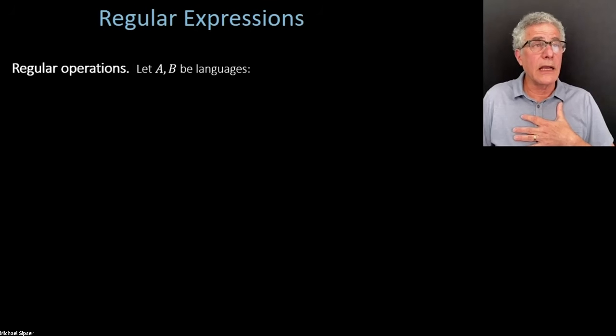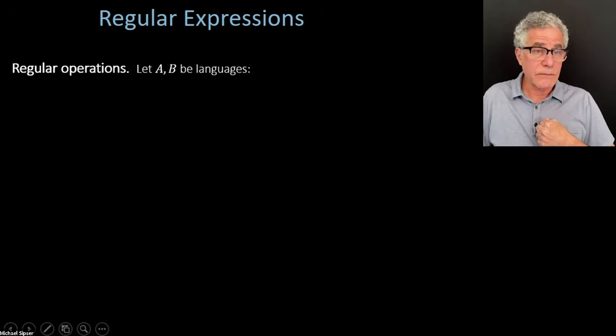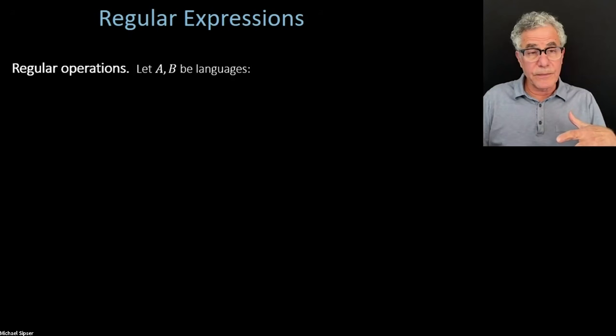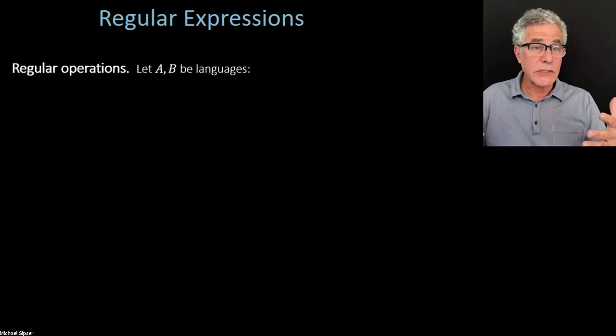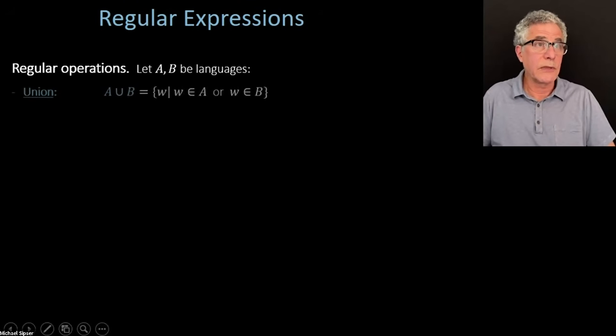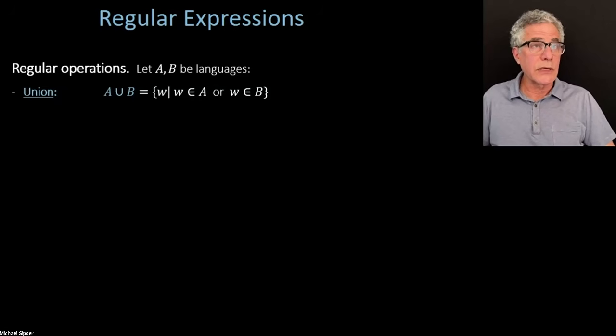We're going to introduce something called the regular operations. Now, I'm sure you're familiar with the arithmetical operations like plus and times. Those apply to numbers. The operations we're going to talk about apply to languages. They're going to take, let's say, 2 languages, you apply an operation, and you get back another language. Like the union operation, for example. That's one you probably have seen before. The union of 2 languages is a collection of strings that are in either one or the other.